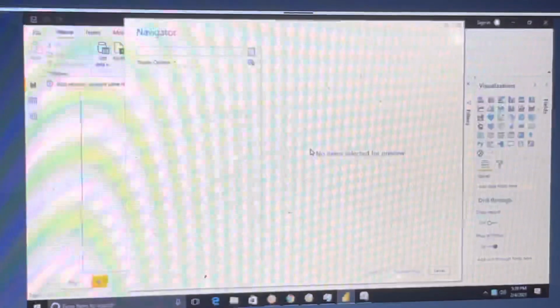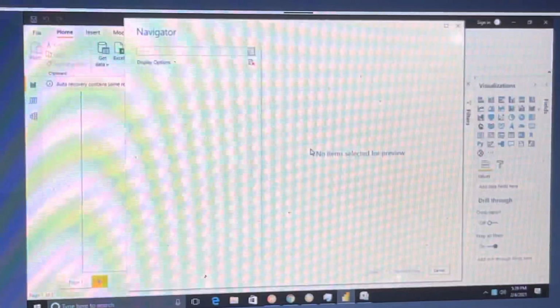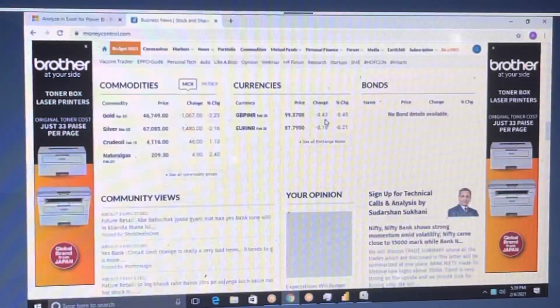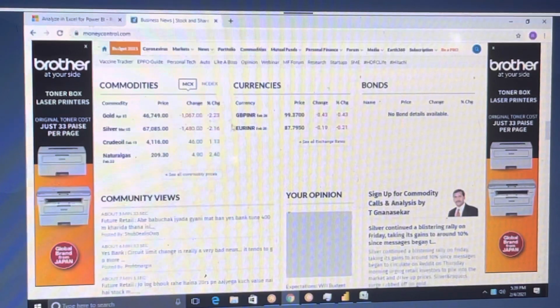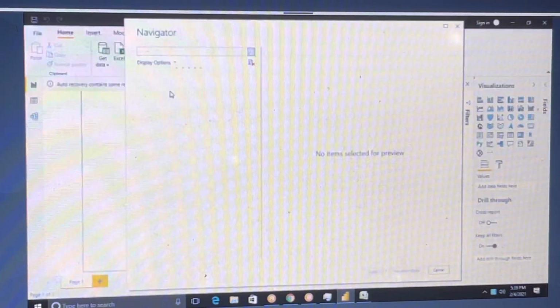So looks like you can analyze the share market too, right? Just for example, inside that there are many things, but out of that, you can see there is currencies. If you see the same data, you will be able to see it.